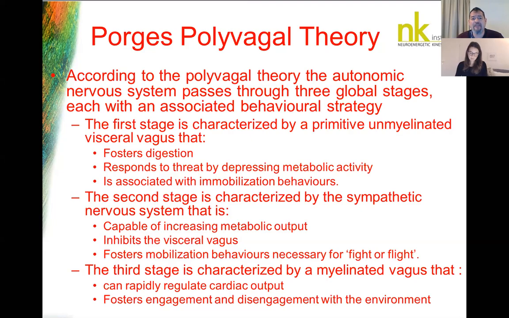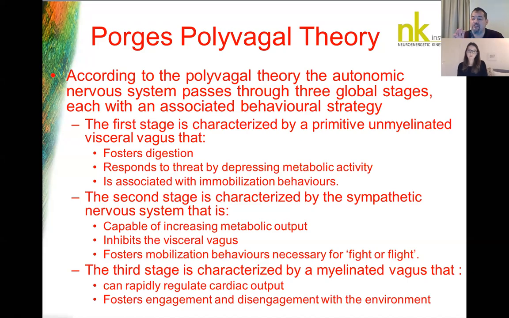And this is because the vagus nerve, not only is it parasympathetic nervous system, it's also a motor nerve. And so what it does is it is involved with all the muscles around your throat, your speech muscles. So